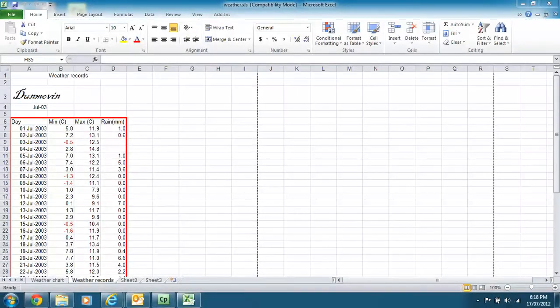I'm just working through this activity of the weather record spreadsheet, demonstrating some of the skills that we need. The next stage I'm up to is looking at some of the print options that we have. We look at the requirements for this activity, and the requirement is we're going to print out the data section